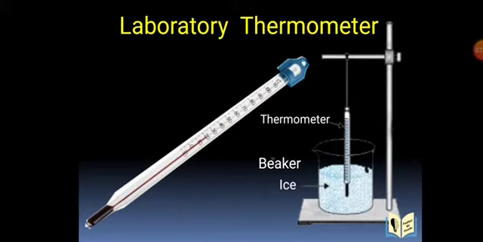In this, when measuring temperature, we need to fix this thermometer so the bulb is in contact with the object, and then we can see the sudden rise and fall in the temperature. So it should not be moved as it does not have the kink. So we cannot use this thermometer to take human body temperature. In this, 0 degrees Celsius shows the melting point of ice and 100 degrees Celsius is the boiling point of water.